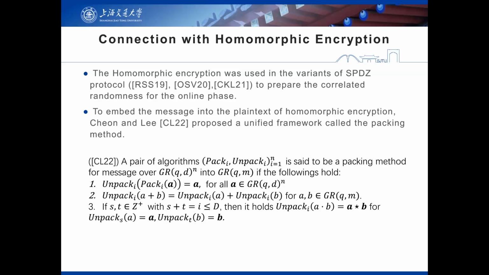The packing method consists of one mapping from a small Galois ring, and another mapping for a big Galois ring, the extension of this Galois ring. One is like a vector space, and the other is like the Galois ring. So packing maps the vector into a Galois ring, and unpacking maps back from the Galois ring to the vector space. They support this as linear, and so it supports multiplication. You can think of it as supporting degree d multiplication.